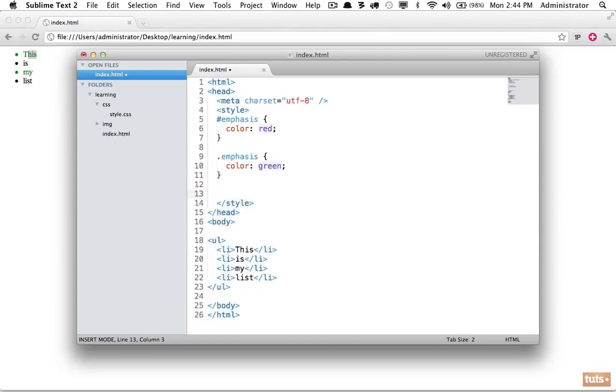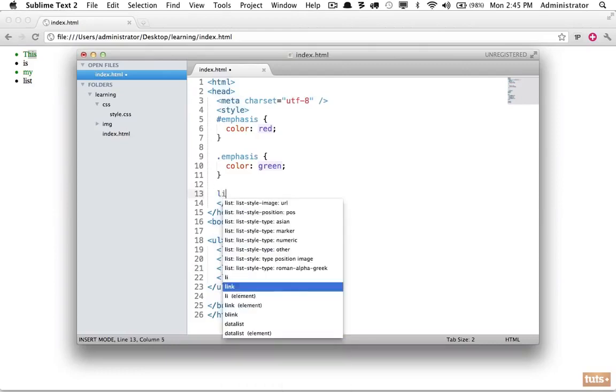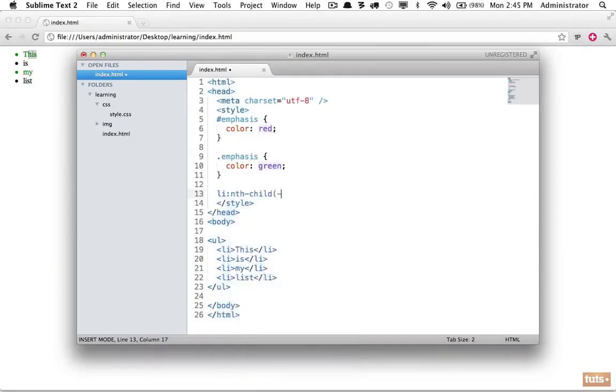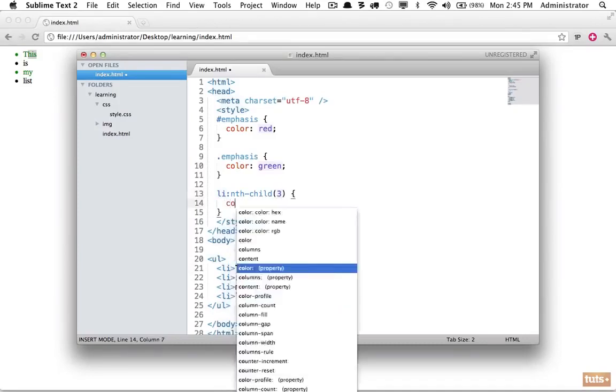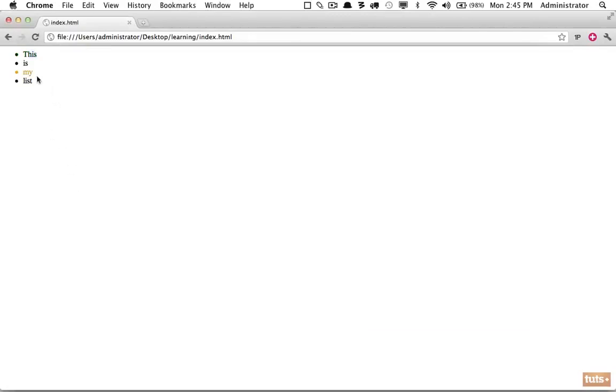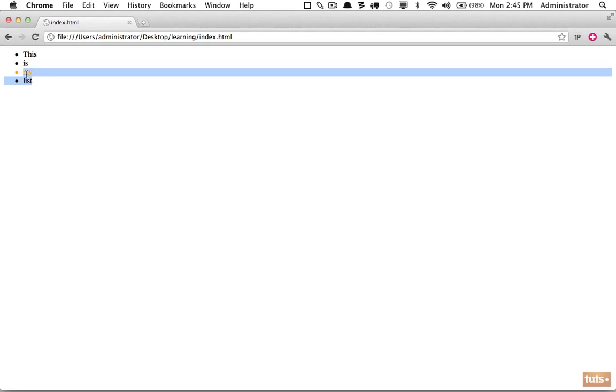This time, no ID, we're still going to target my list. And this is the way that I would personally do it. I'm going to type li:nth-child. Now within parentheses here, we can specify which list item we need to target. In this case, we want to target the 3rd one, so I will type 3, and this time I will make the color orange. Refresh the page, and now without using a specific identifier, we were still able to target